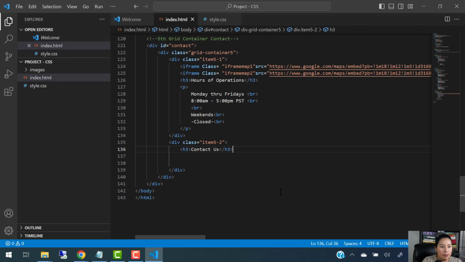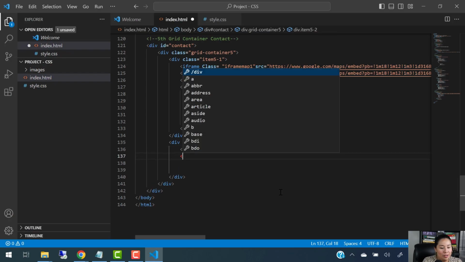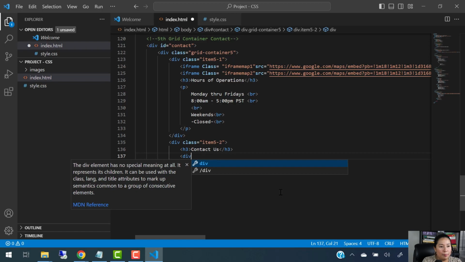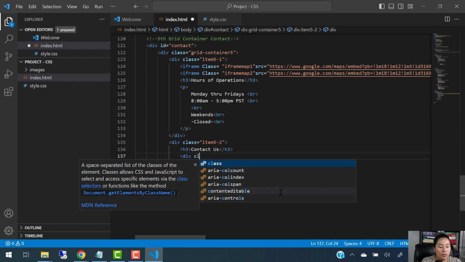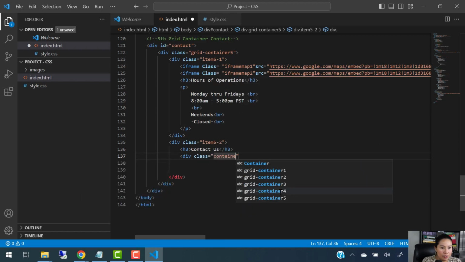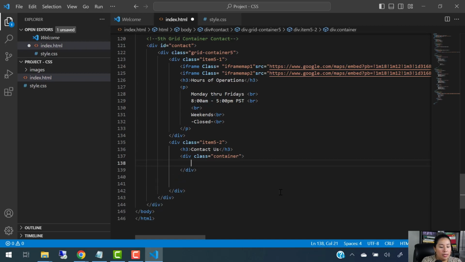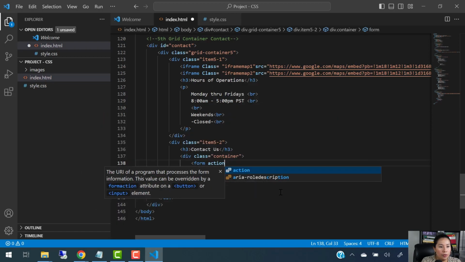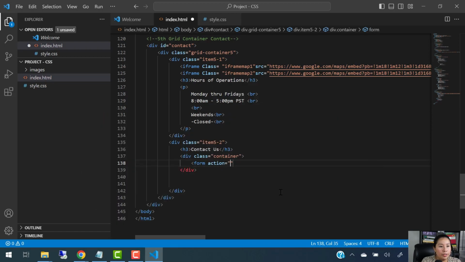H3, and now let's play around with the form. We're going to wrap the form into a div. We're going to give it a class of container. And then we are going to type in a form action for this. It's going to be action underscore